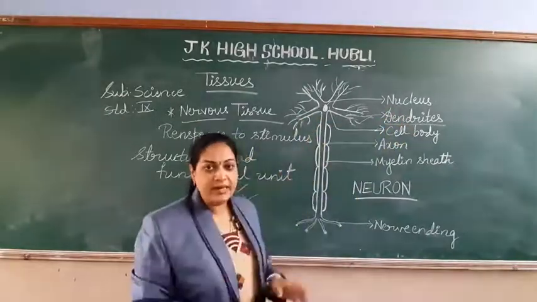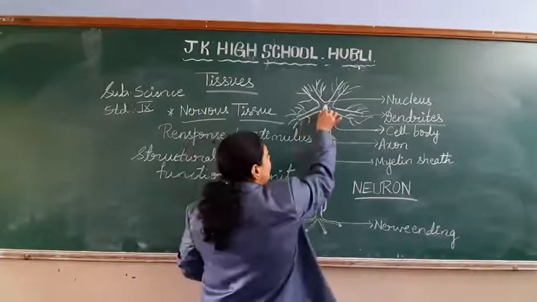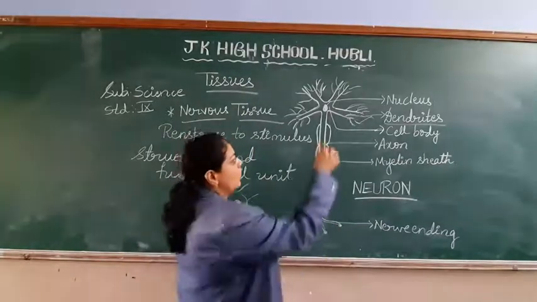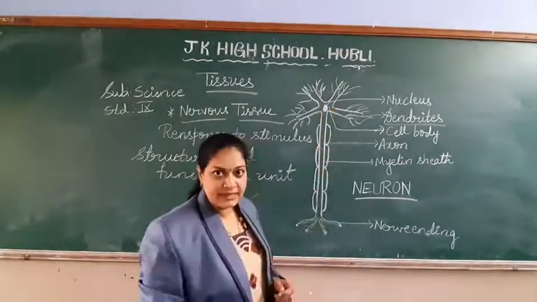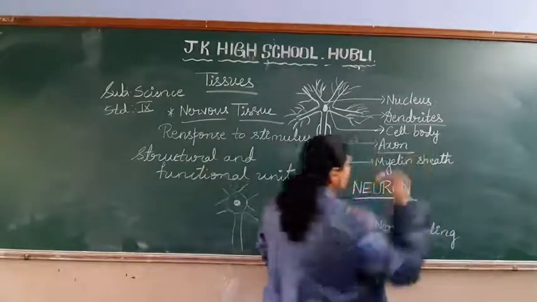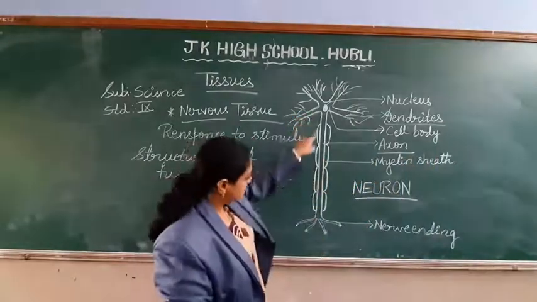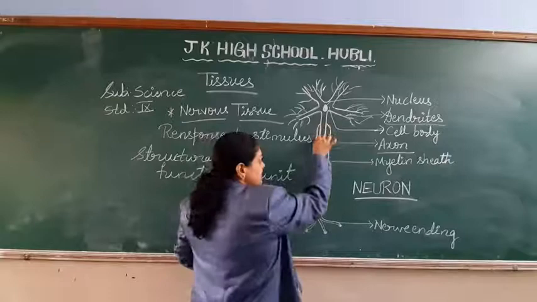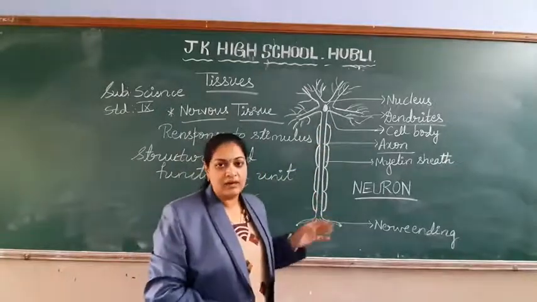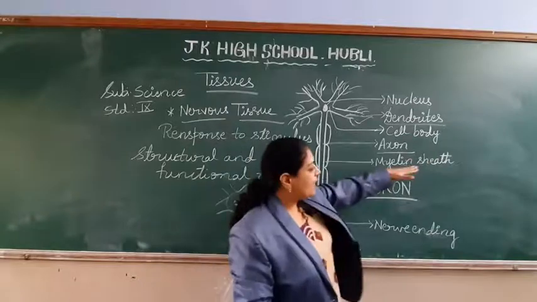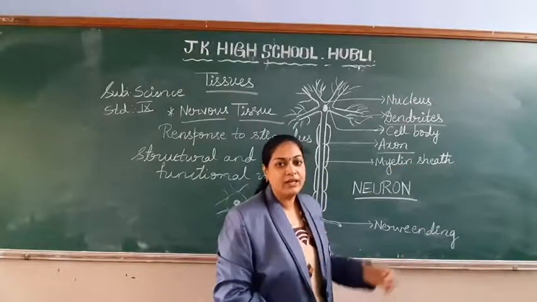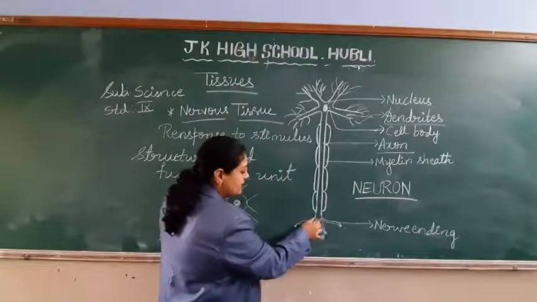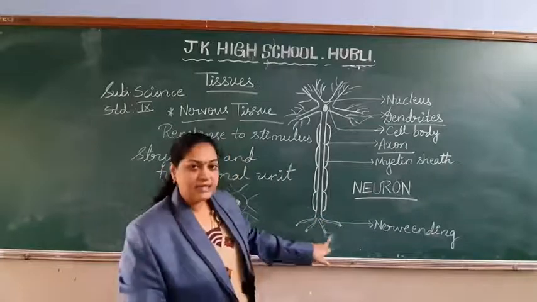And these dendrites, the branches I told you about. One dendrite is extended, long and elongated. Now that long elongated one we are not going to call a dendrite, it is called the axon. Axon on both the sides has a protein covering, and that is called the myelin sheath. The protein covering of the axon is called myelin sheath, and this axon has endings called nerve endings.